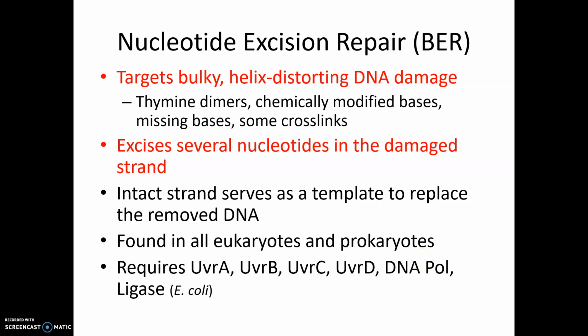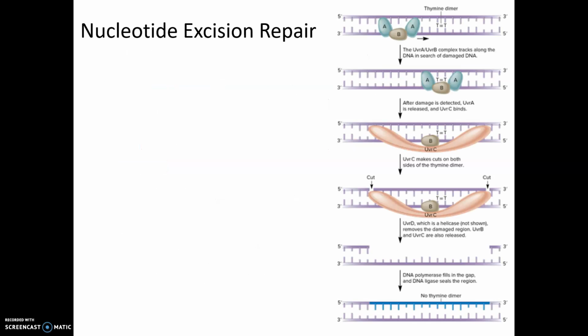So the steps that we're going to talk about have been outlined in E. coli. It's going to be similar in eukaryotes, but as with most things we see, in eukaryotes it's a little more involved, and they have more proteins. So nucleotide excision repair. What's the first step? Recognize we have damage. So we have a complex here of UvrA and B that tracks along the DNA looking for damage. Here it has identified a thymine dimer,